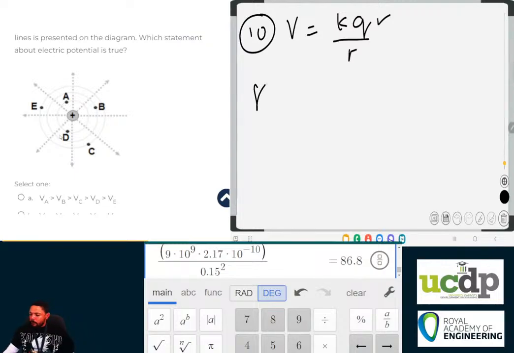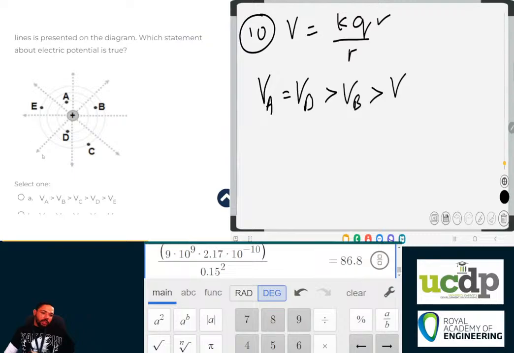The potential at point A is equal to the potential at point D, because they are the closest to the charge, and they are on an equipotential line, so they are equal, and they are bigger than the potential on the next equipotential line, which is point B. So they are bigger than the potential at point B, and that one is bigger than the next set of potentials,